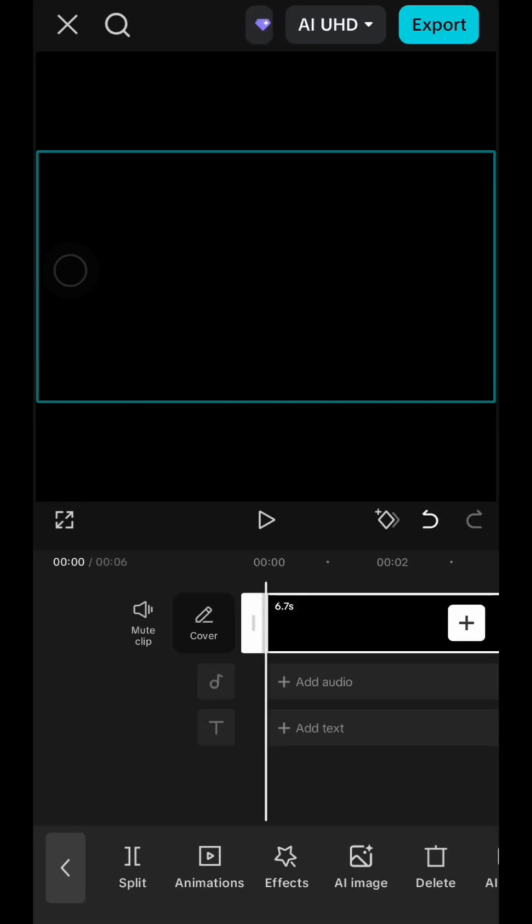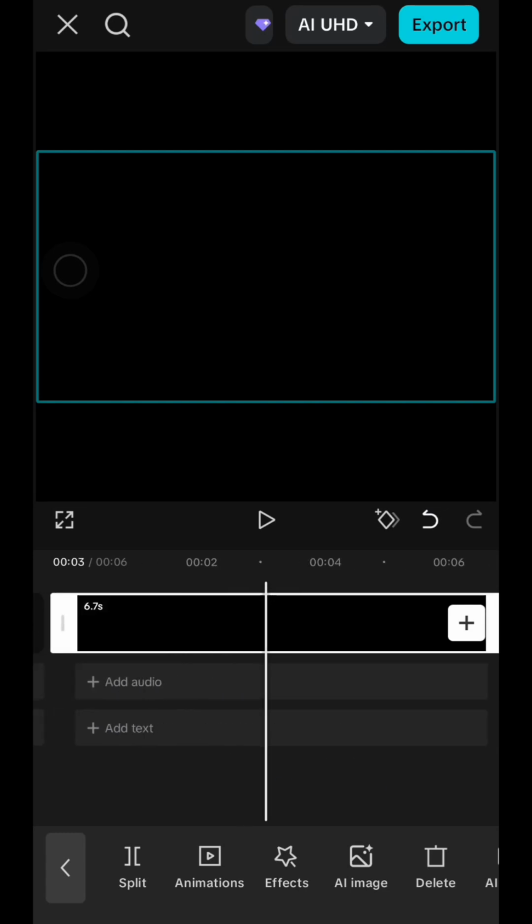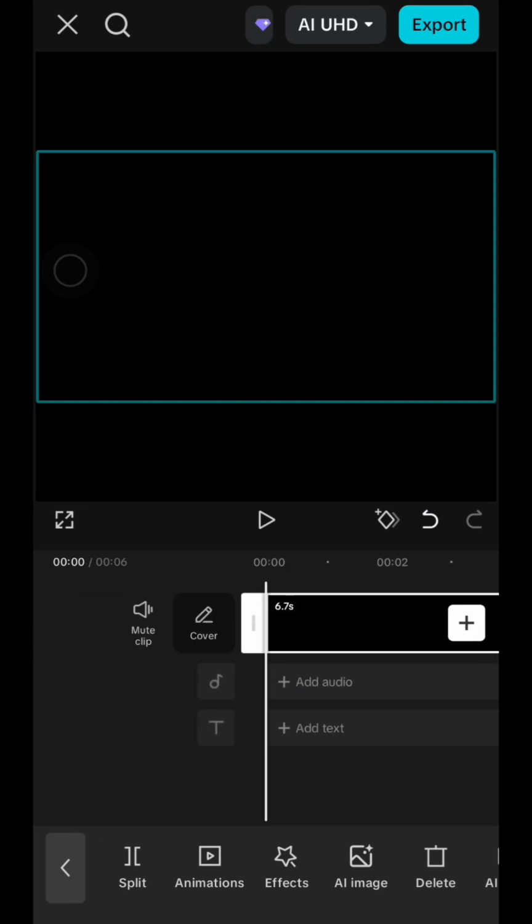In this tutorial, I'm going to show you how to create a filter baby trend in CapCut step by step. Okay, let's get started. First, open your CapCut, start a new project, and add a black background like this. You can take it from the CapCut library. And then next, import your photos, a couple of photos